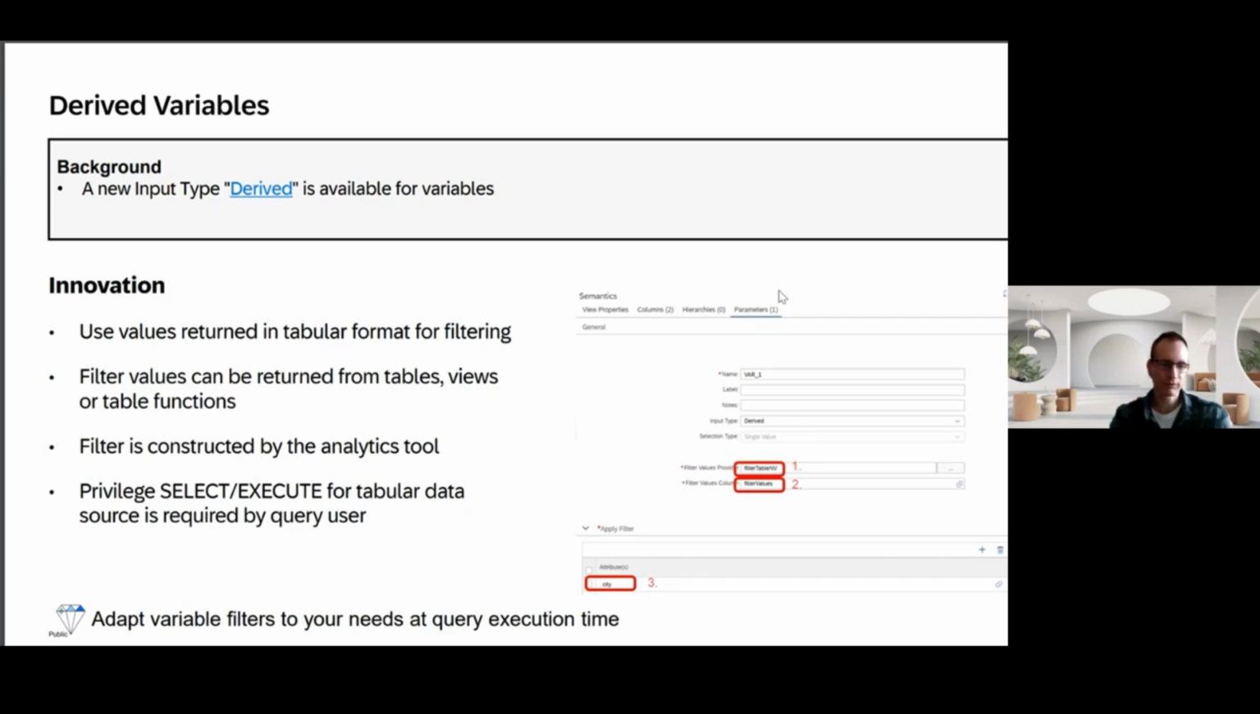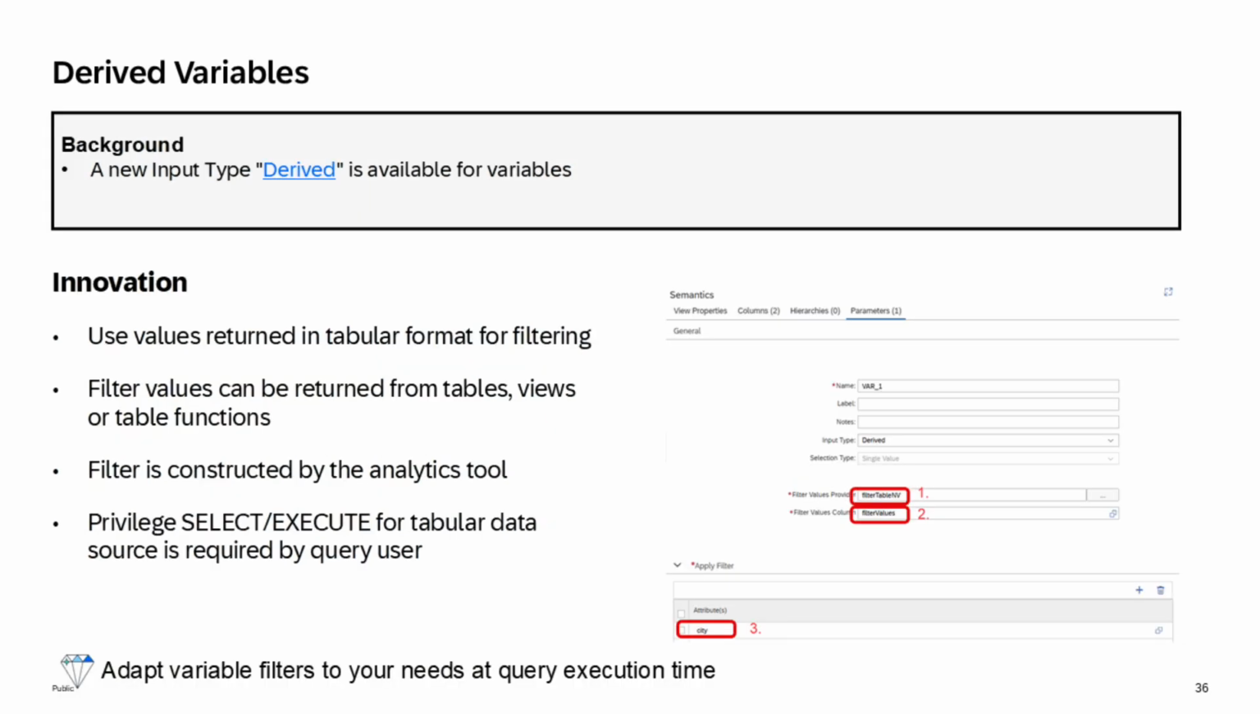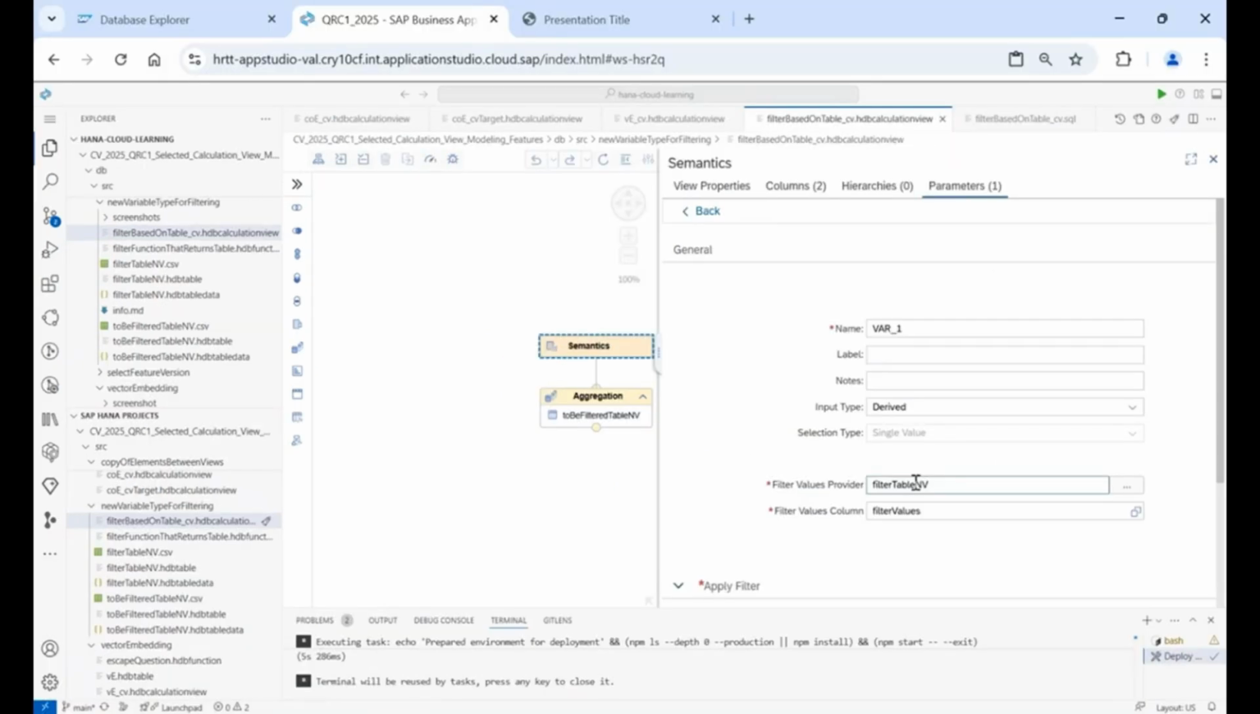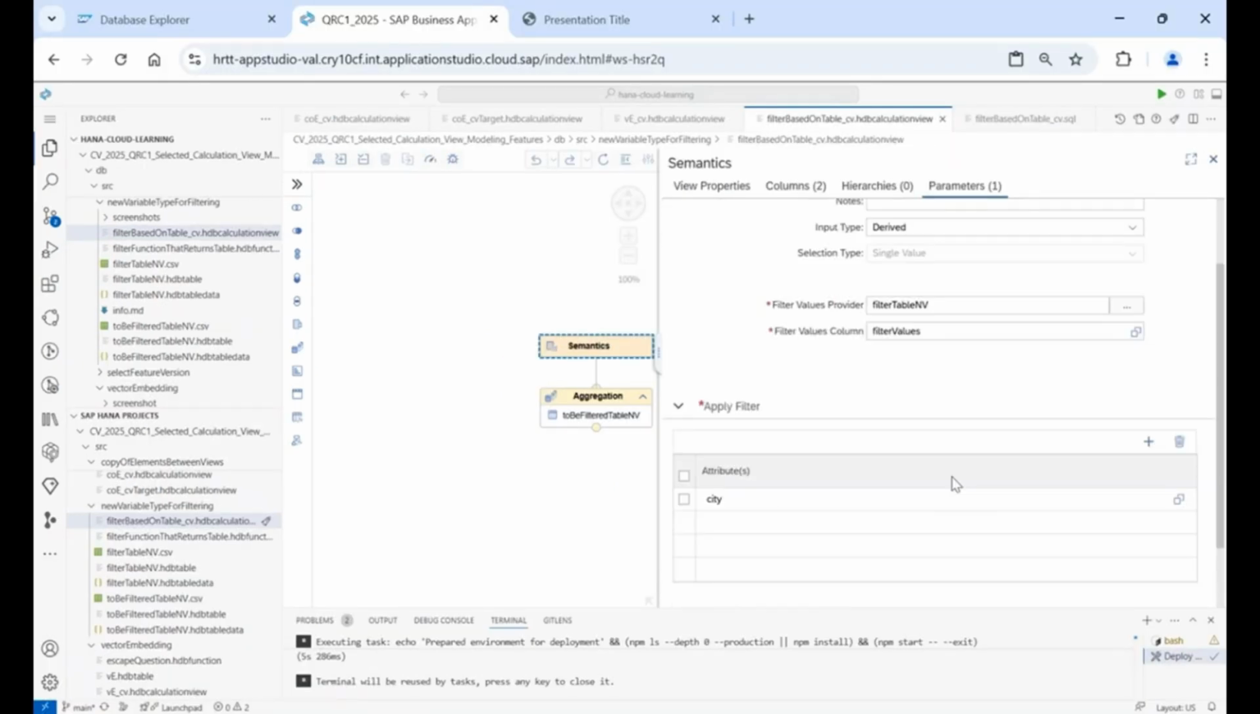Now that sounds very difficult to understand just verbally, so let me show you how this looks in the system. What we have here is a variable defined. It's of type derived. And we say, look at this data provider, which is a source that provides tabular data. Take the values that are contained in this column and apply these values as a filter on this attribute